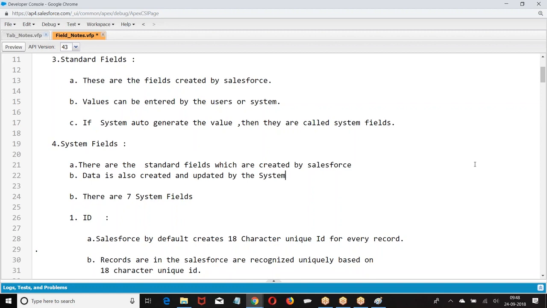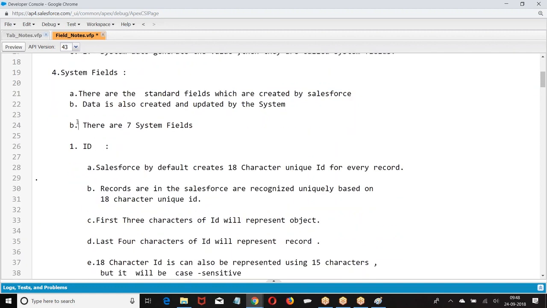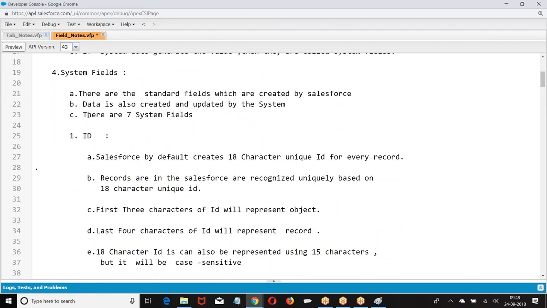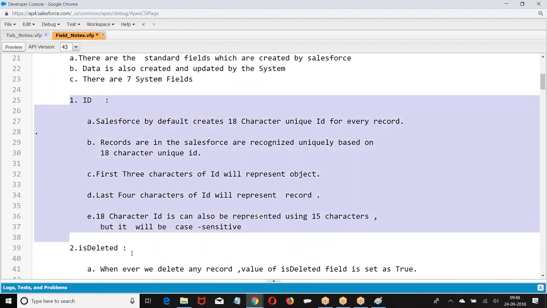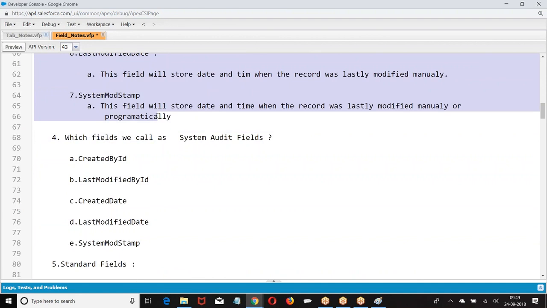There are 7 types of system fields. Just now we have seen all 7 types of fields. What are they? ID and so on.